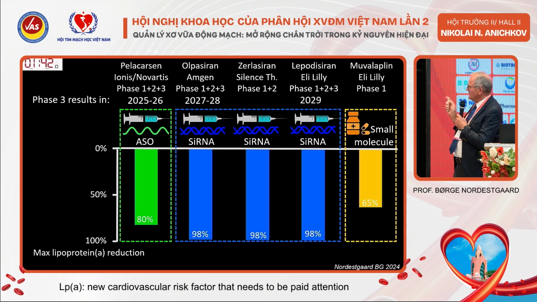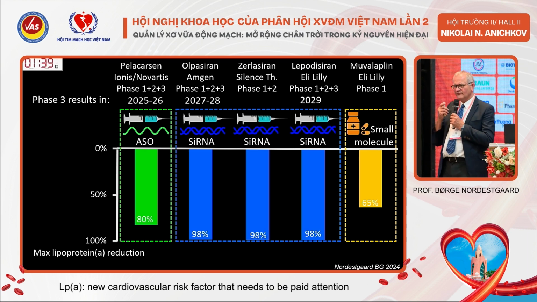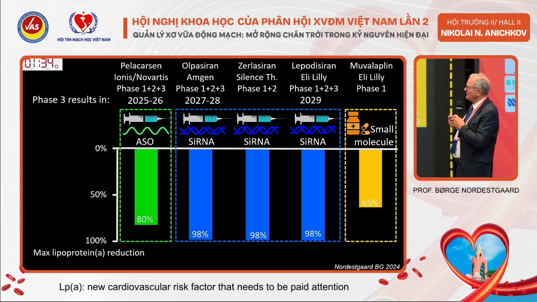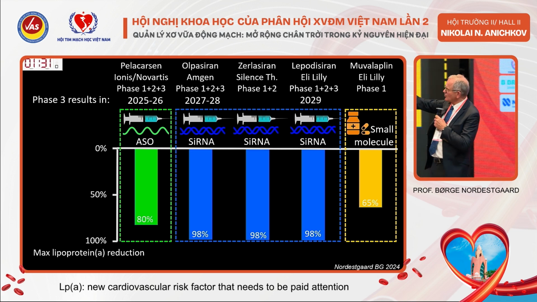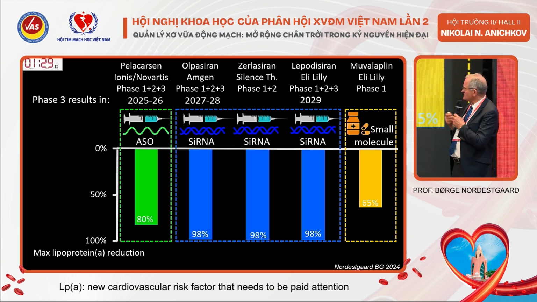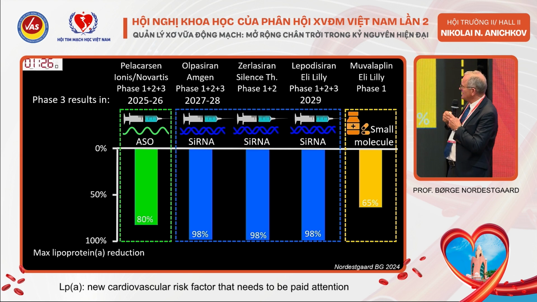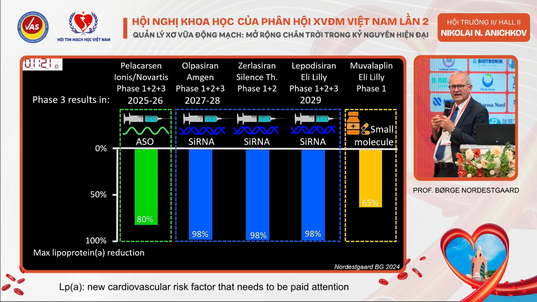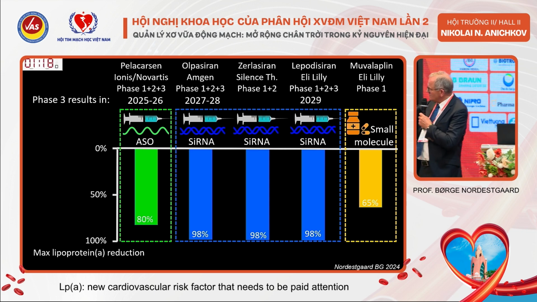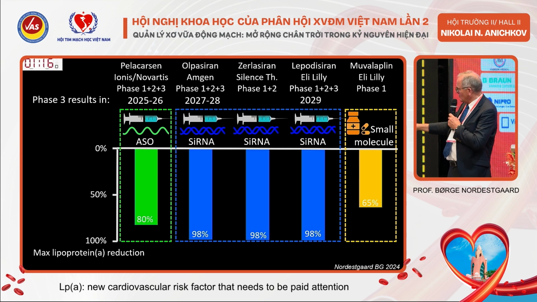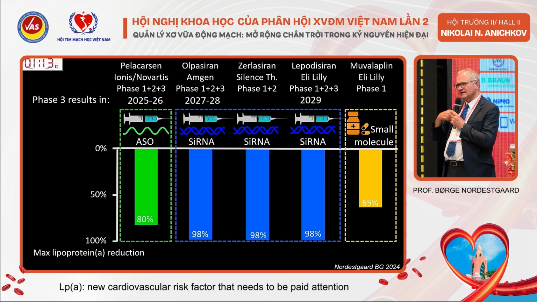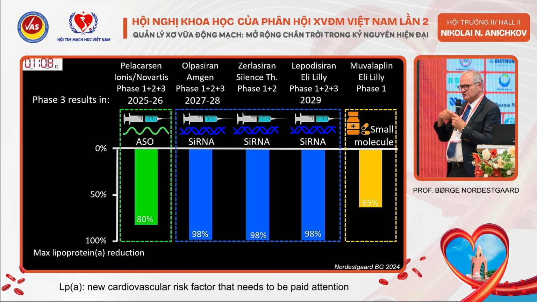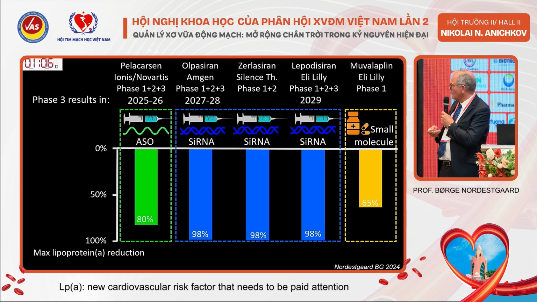And so these are the pipeline drugs. So there's big enthusiasm in the field of Lp(a). There are 5 different drugs in development now. In green, shown is one called an ASO, antisense oligonucleotide. There are 3 drugs called siRNAs, and there's one small molecule developed by Eli Lilly. You can see that the ASO can reduce it by 80%. These siRNAs can all bring it down by up to 98%, so we can basically eliminate Lp(a). And this small molecule, for now, only shows 65%, but maybe it can reduce it more.